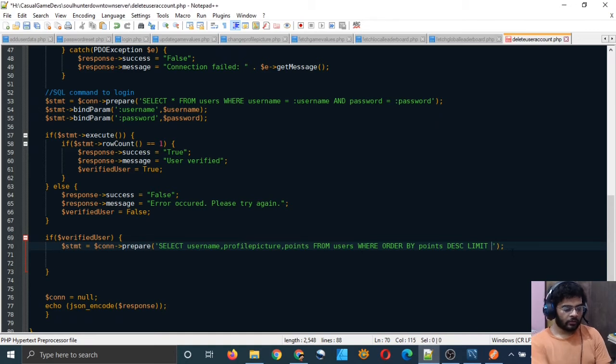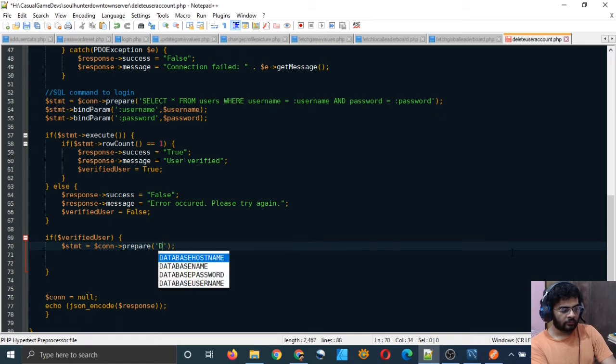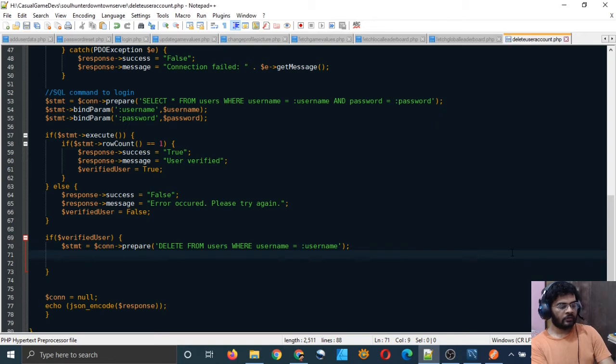and we'll type the delete command here. Delete from users where username is equal to placeholder username. Since username is unique, we can simply do that.